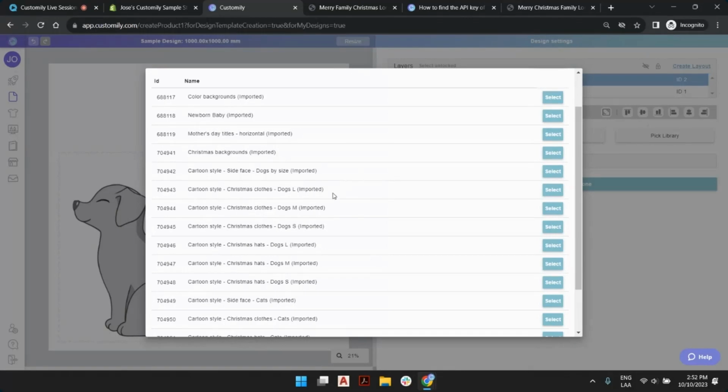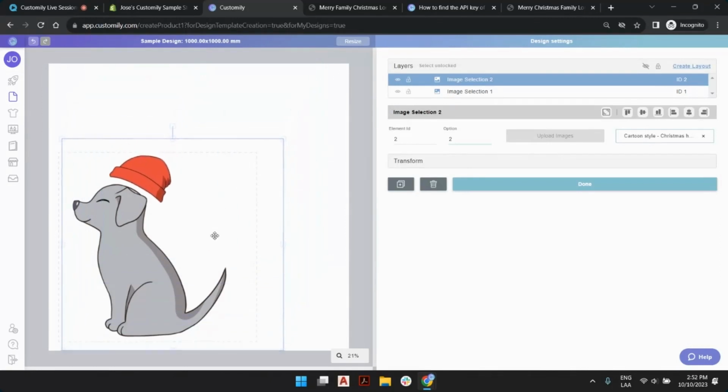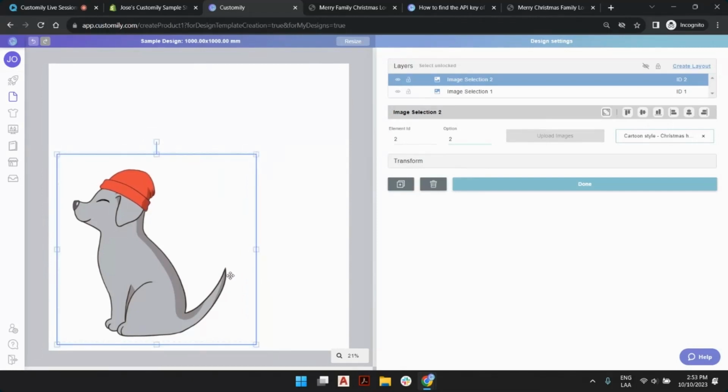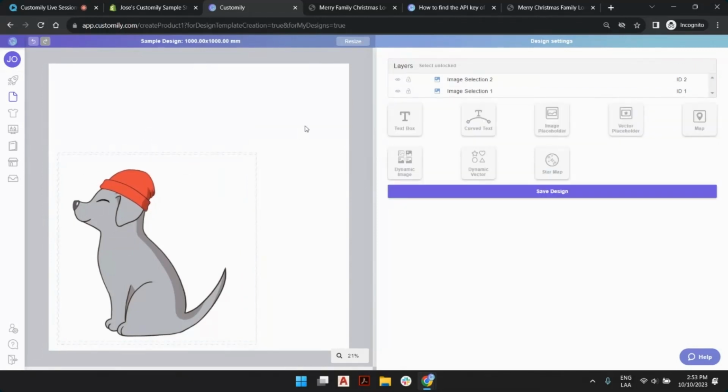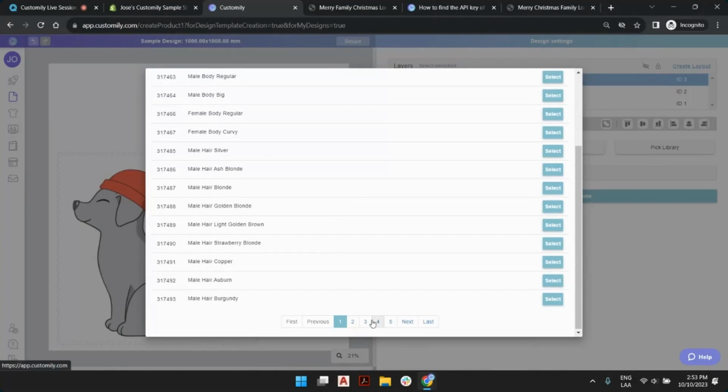Or, for example, we have clothes of the dogs, and we have a hat for the dogs. So let's bring up the hats. Always the first choice is empty, so you don't see anything by default until you start customizing. And you see, I can just come here and put together my own character using the Customily elements right there without any problem. Or I can now put another dynamic image and come and find a,